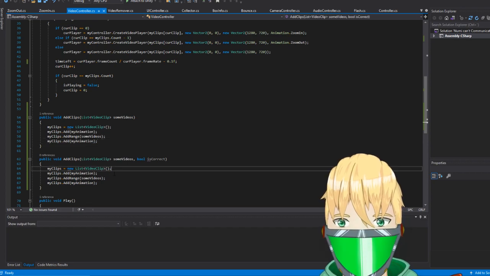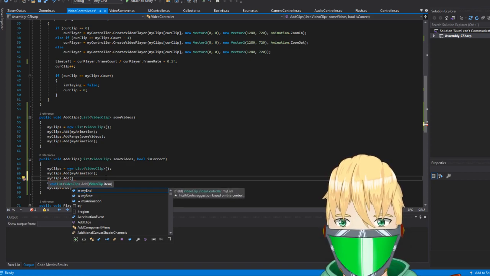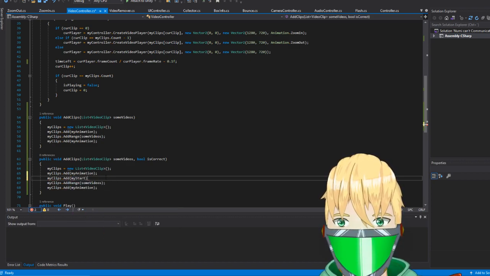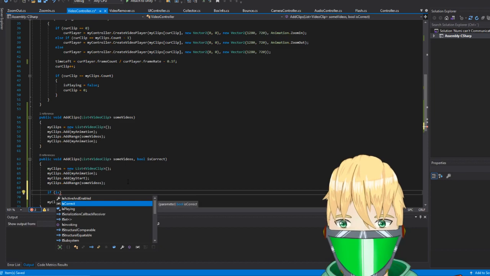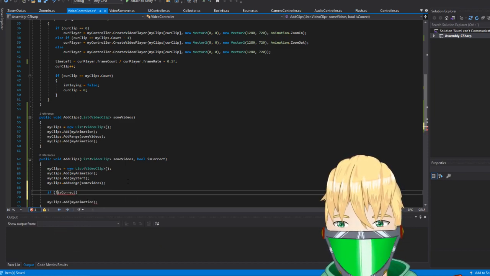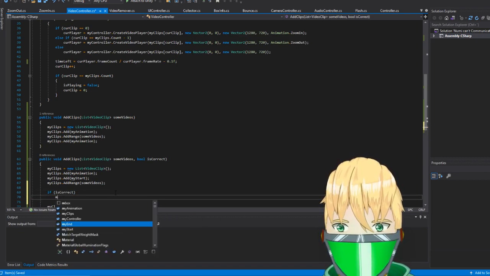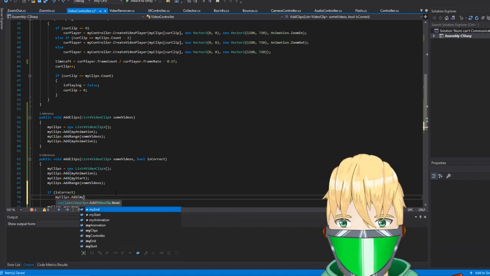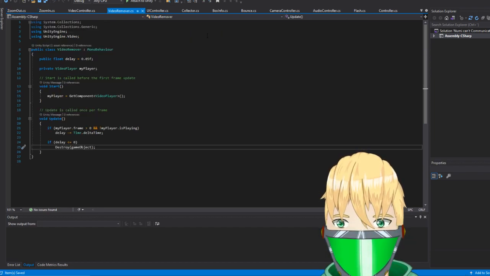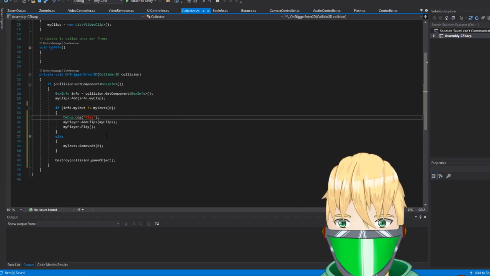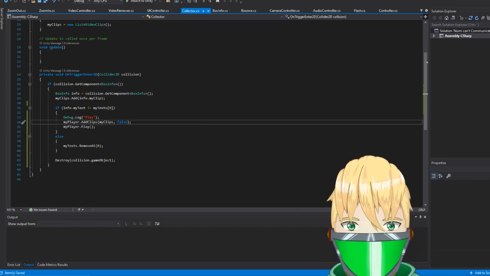So depending if it's correct or not, we will first of all add my clips dot my start. We always want that because this is just gonna play. And if it is correct, we want my clips dot add my end. So if it sends through the entire way, it should be correct. And then in the collector here, we'll just add clips, and false. Because this is all you're gonna play if it's false, pretty much.